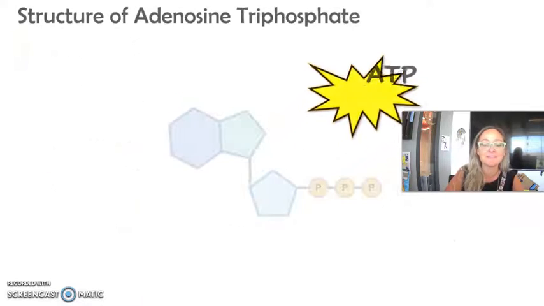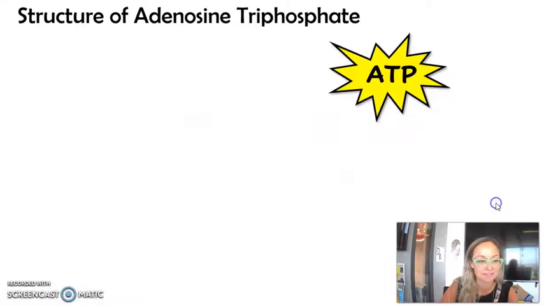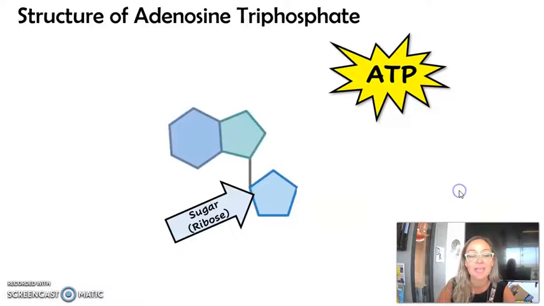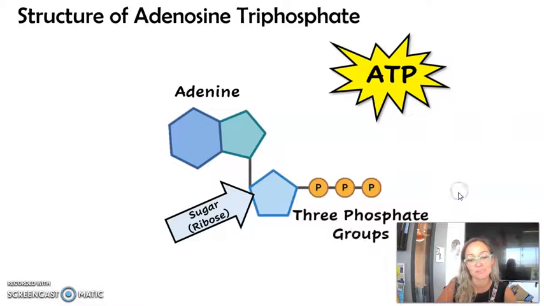So ATP has three parts basically. We have a ribose sugar. So this is a 5-carbon sugar. This is the same sugar you would find in RNA nucleotides, ribose. And then there is a nitrogen base. In this example, it's adenine. Again, this is the same nitrogen base you'd find in nucleotides. And then there are 3 phosphate groups. So if you are familiar with DNA or RNA nucleotides, this is basically a modified nucleotide that has 2 additional